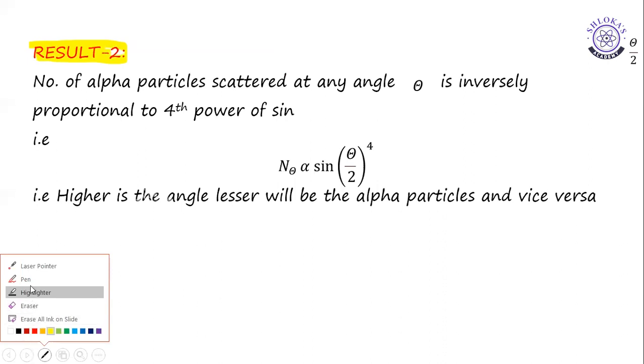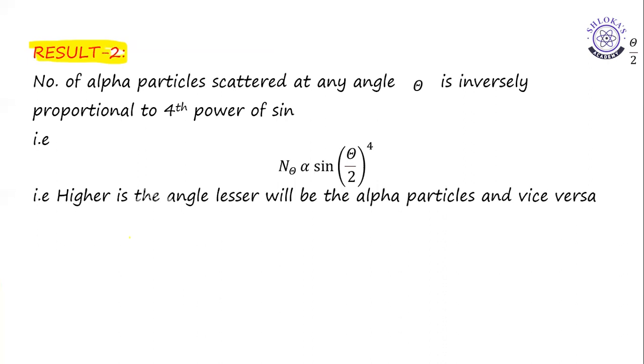One is the alpha particles which are passing through the gold foil without any deflection, right? Another one is the alpha particles which are showing some deflection from their path. And the third one, very few, out of 20,000 only one alpha particle, which comes back on